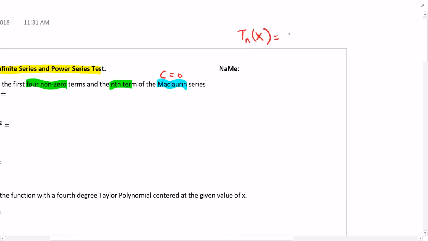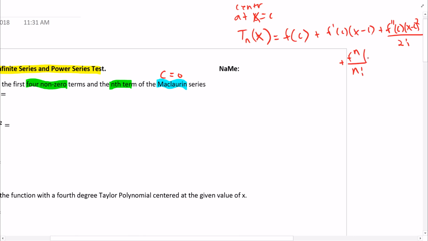The way we find the Taylor series is if it's centered at x equals c, then basically I can write this as f of c plus f prime of c times x minus c plus f double prime of c times x minus c quantity squared over 2 factorial, and I could keep doing this until I get to the nth term, which would be the nth derivative over n factorial times x minus c to the nth power, right? So if you have no idea how to start on these, at least you need to know how the Taylor series is created. And then the Maclaurin series is similar, but our c value is 0,